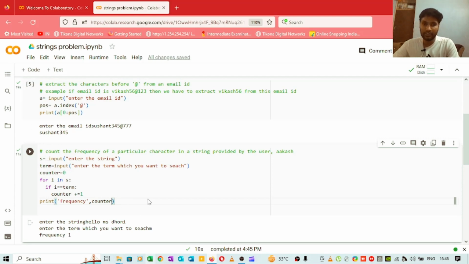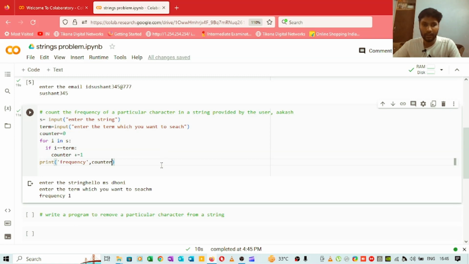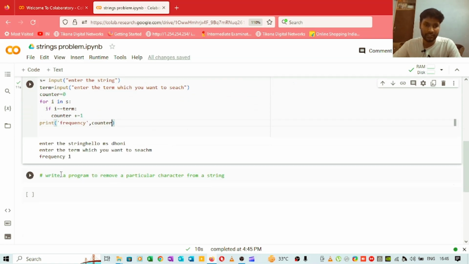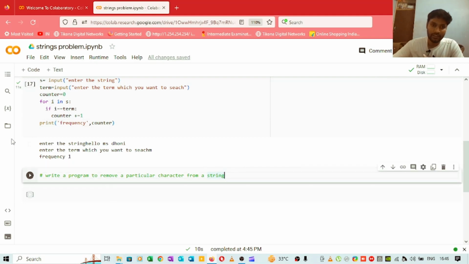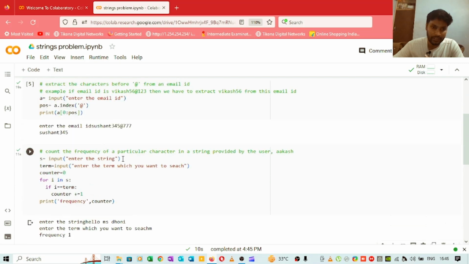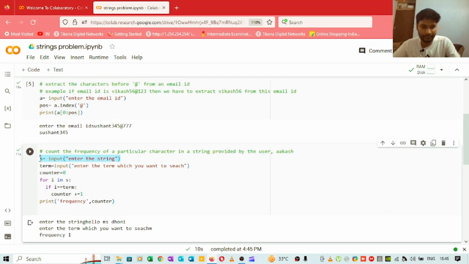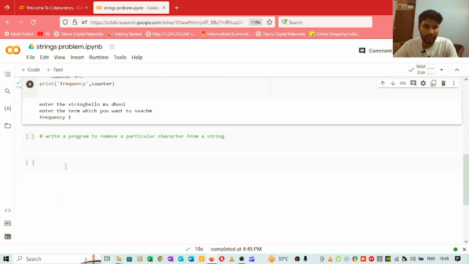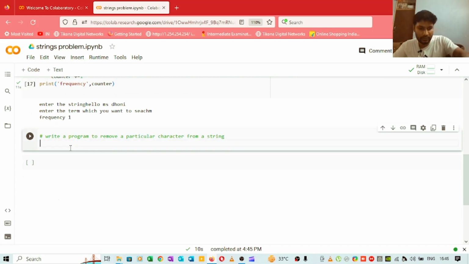So we are getting this frequency equal to 1. So that's about this small problem, and now we will see one more problem, which is the last problem in this session. We have to write a program to remove a particular character from the string. It's simple: we will simply copy this and paste it over here. We will simply change